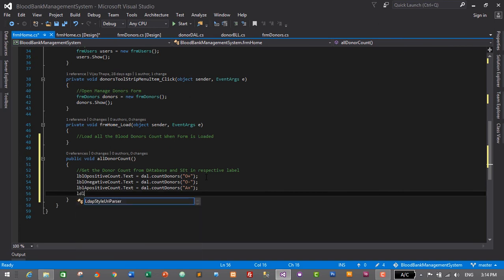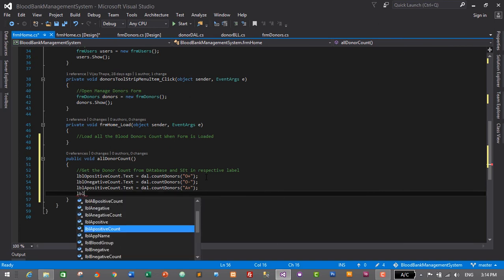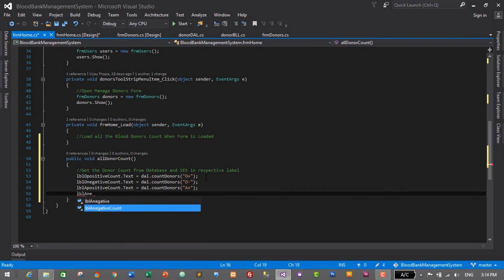Similarly lbl A negative count dot text is equal to DAL dot count donors A minus, and then